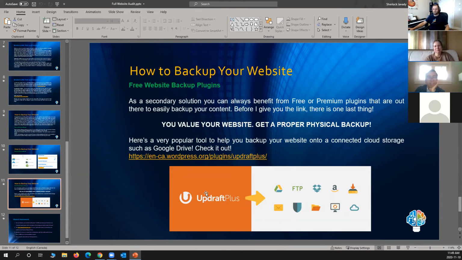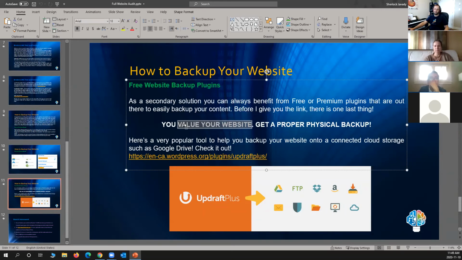as you can see, Updraft Plus is an amazing tool that will automatically back up your website, only your home directory, and upload it to your cloud storage of selection. So you can connect your Google Drive to your Updraft Plus, and you can tell it, hey, Updraft Plus, back up my website every 2 weeks. Would I use this? Yeah, I use this on all of my client websites because my client websites generally don't have anything heavy on them. But if there is something heavy on them, if the content is really valuable, then you know what?